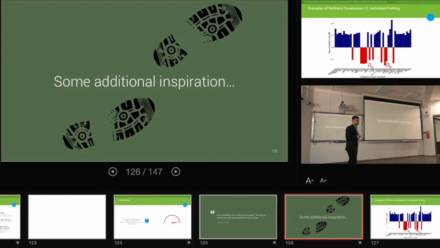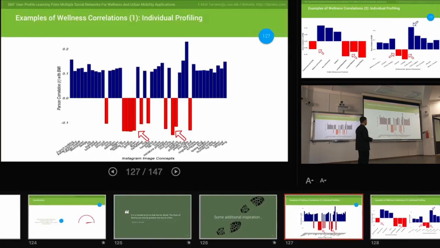Here is some more inspiration for you guys. I go very fast because you can actually get the slides and find much more than I will tell you. Look, this is the distribution of correlation of different data sources to wellness attributes. And you can actually see that if you take the BMI into consideration, the skirts, the gowns,